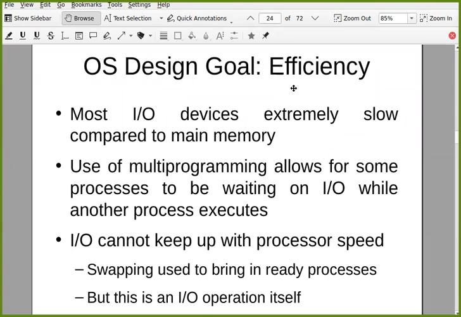The use of multi-programming allows some processes to be waiting on IO while another process executes. As IO operations are very slow, when some process is doing an IO operation, that process will be blocked in a waiting state, and the processor will execute another process, which is possible through multi-programming.